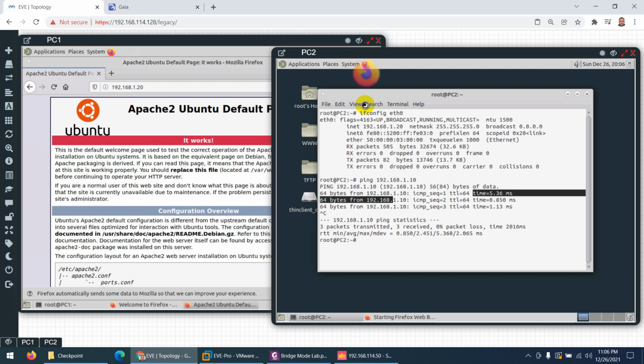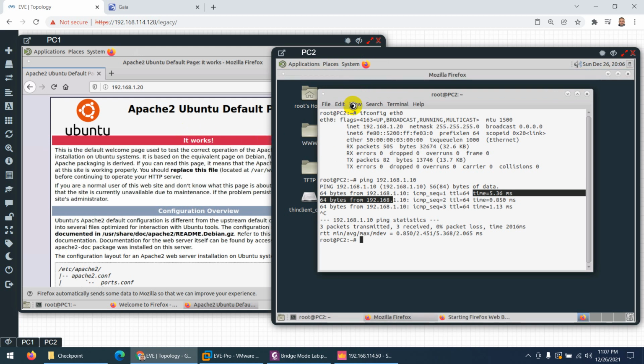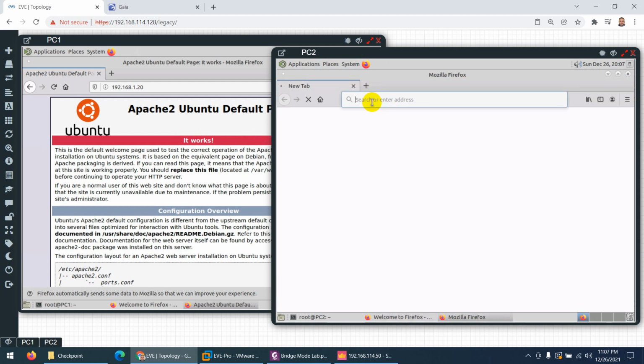And also if I go to browser, the same here, like Ubuntu is showing Apache page, so the same page will show here as well, because these two Dockers are FTP, TFTP and HTTP servers as well. So let me open a browser here on this side as well, and I can access PC1 as well. So here is, let's see, yeah, so it's come up now,